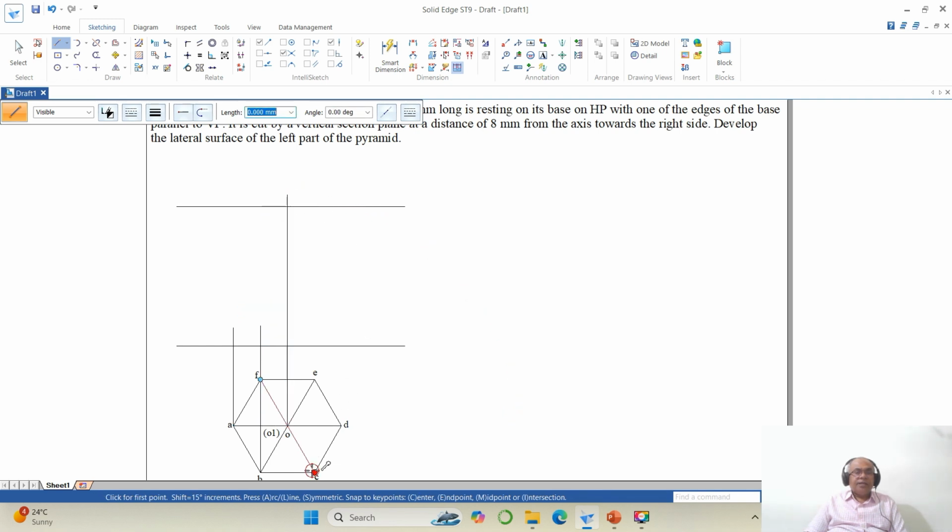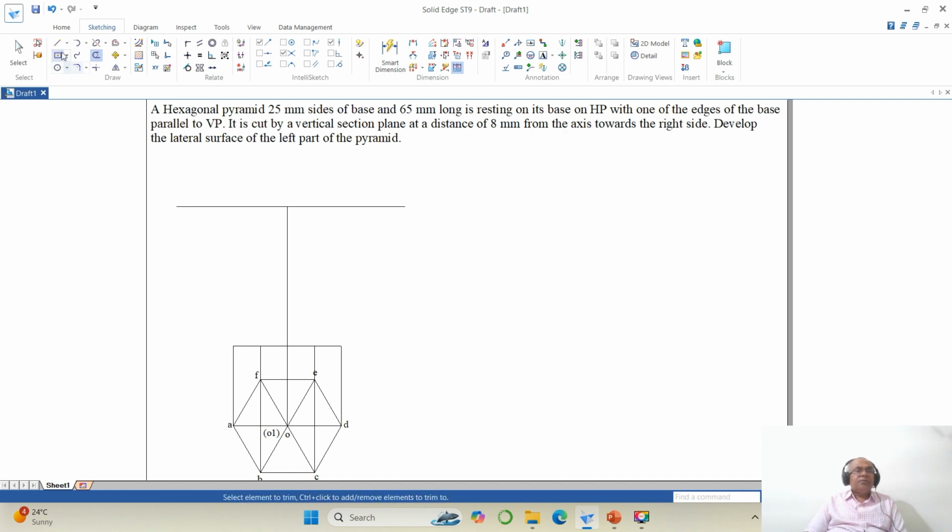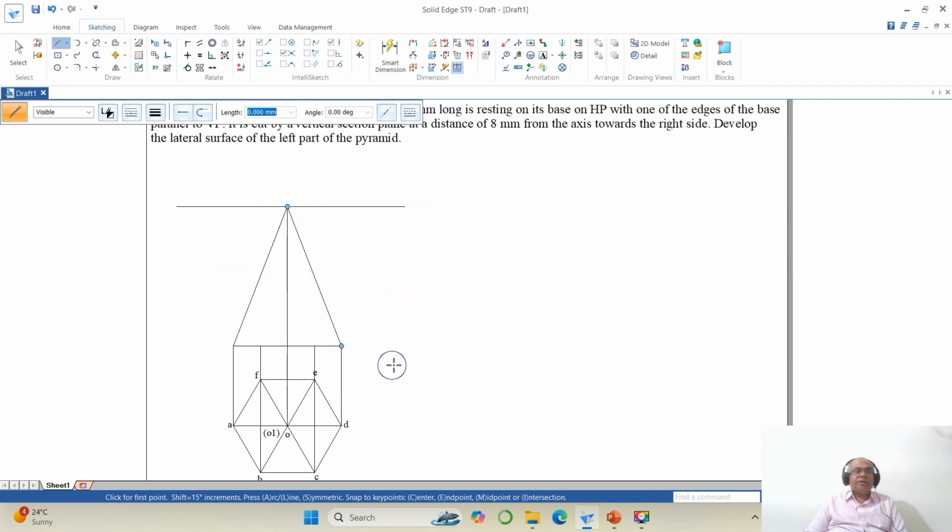Then you have the end point. Similarly, from here the end point. Go to trim these extra lines. Then go to line, take end point of this to end point of this to end point of this. Take end point of this to end point of this to end point of this, and go to select this